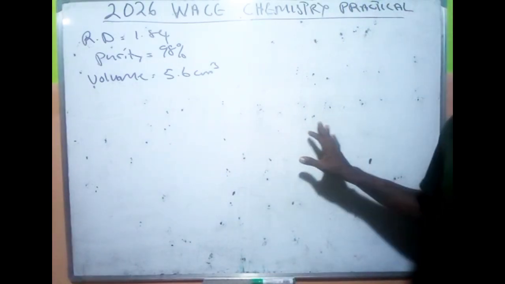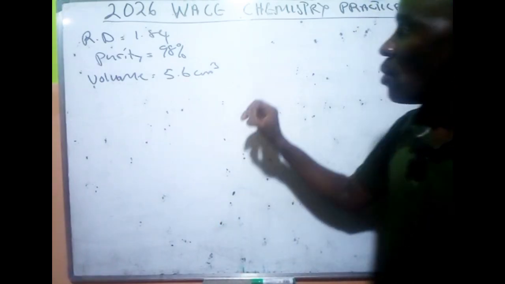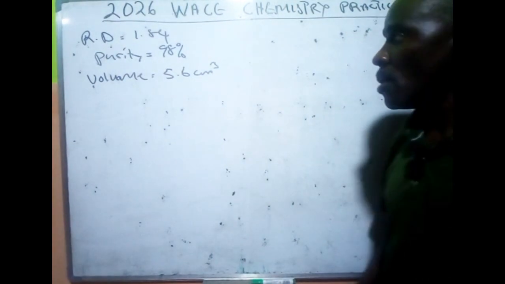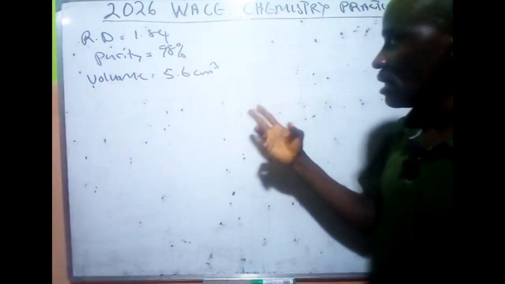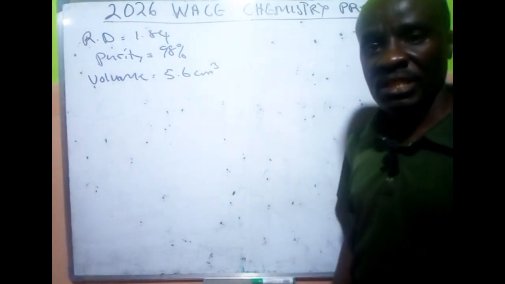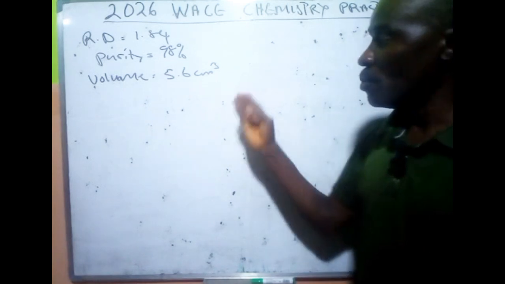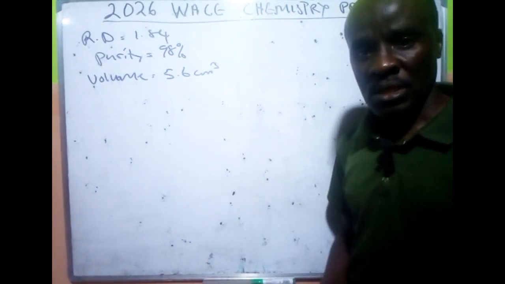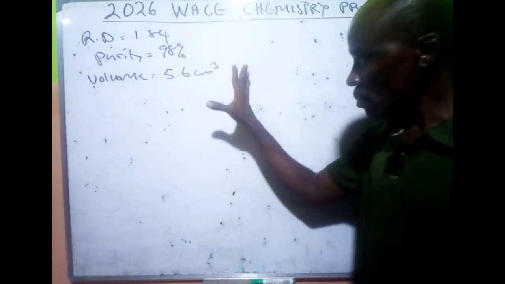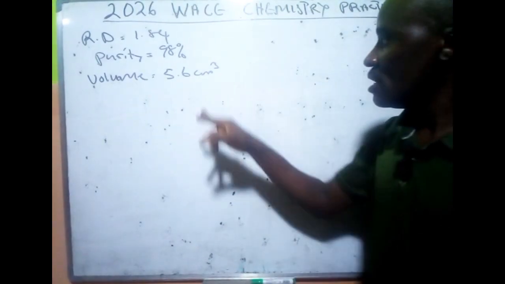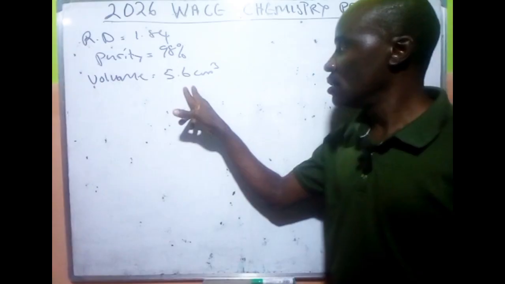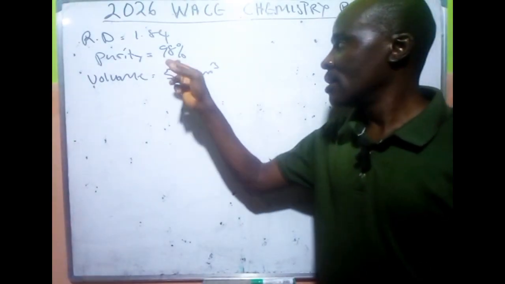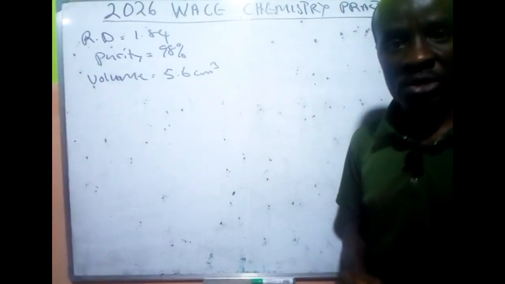Based on the information given, the relative density of the acid is 1.84 and the percentage purity is 98%, while the volume you are to add to the 1 dm cube volumetric flask is 5.6 cm cube. So today I'm going to show you how you can determine the real concentration of this